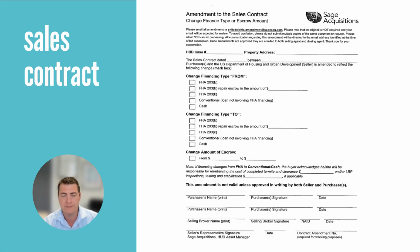But if you go under contract on the house, it's going to ask what type of financing you're doing as a buyer, or if you're a realtor putting in an offer, what type of financing they're doing. If you select the wrong type of financing, it's not the end of the world. It can be changed around, and this form that you're looking at here is the one that would do that. So we're going to talk about these different programs, but